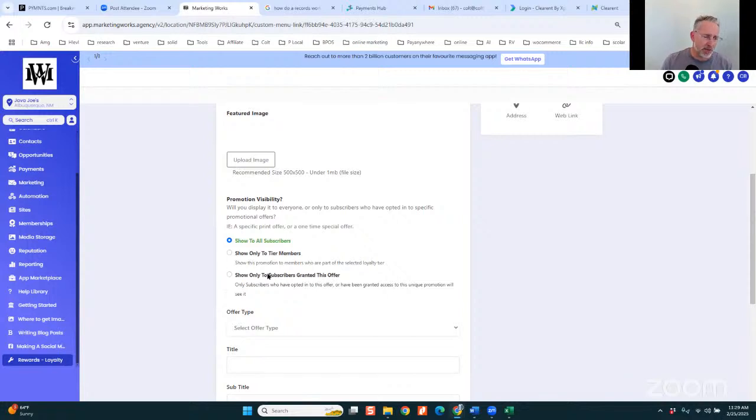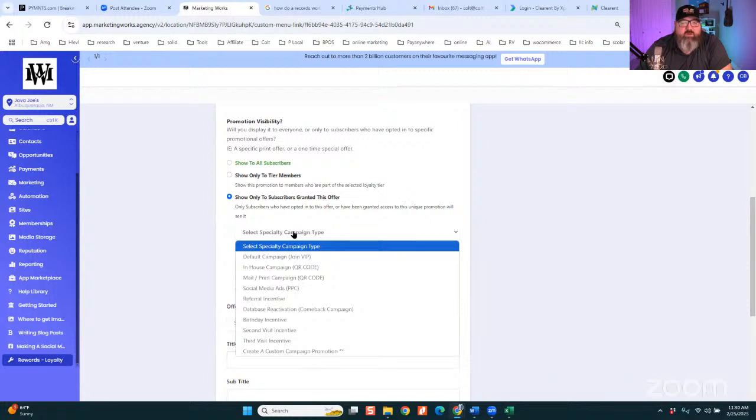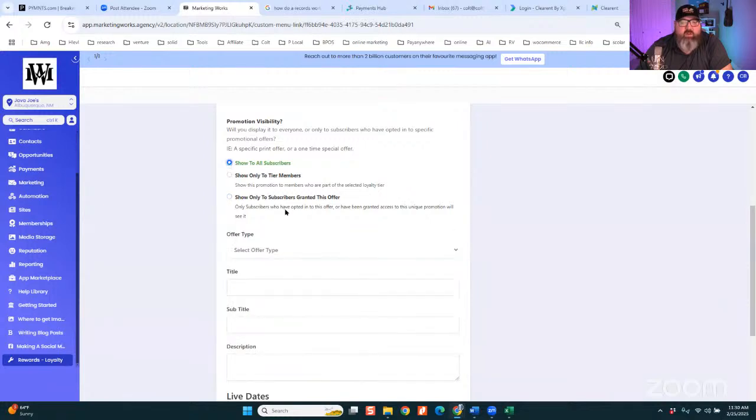I don't understand the difference between only to subscribers granted this offer and to all subscribers. Okay, so the difference is when somebody registers for VIP and you create this offer through the default campaign in-house, they fill out one of those forms. It will give them access to that promotion. No one else will get access to that promotion because they haven't filled out the form. Do you know what I mean? Can I give them that access just from the